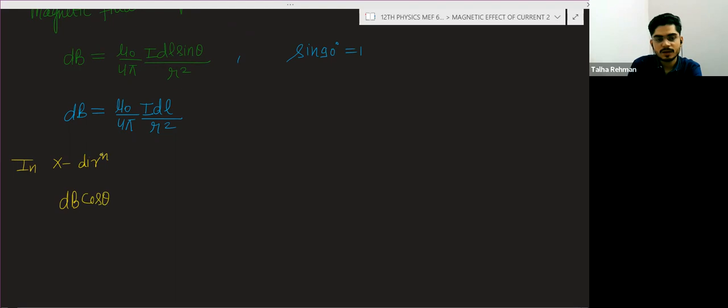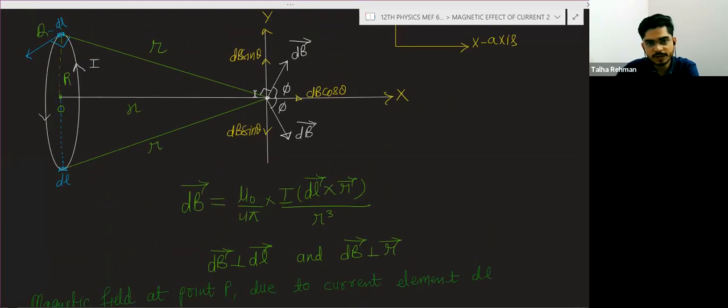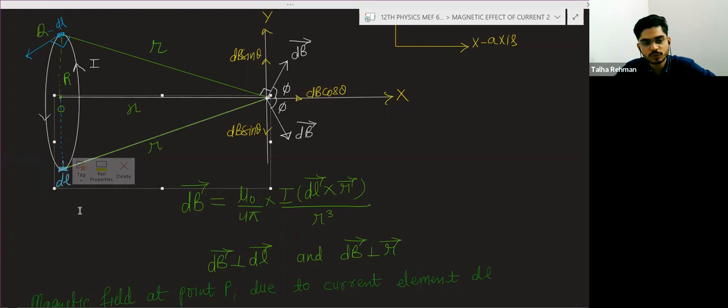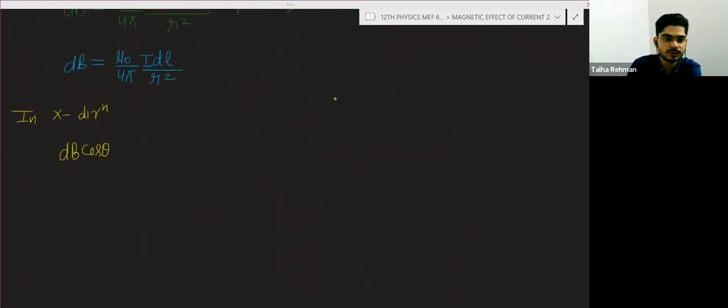And in the y direction, the component will be 0 because of this diametrically opposite component, both magnetic fields will cancel out. So the only magnetic field here due to this element will be dB cos theta only. So in the x direction, dB cos theta; in the y direction,